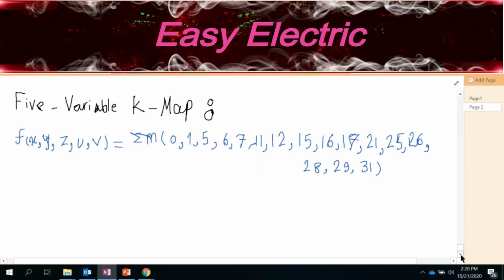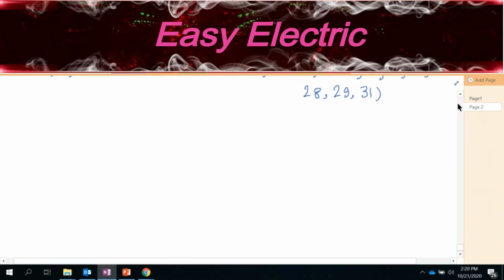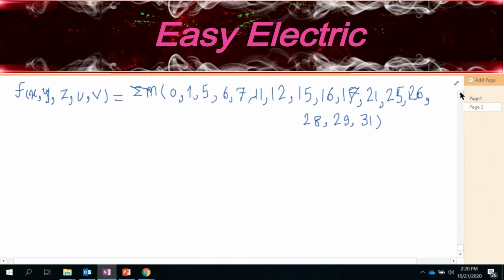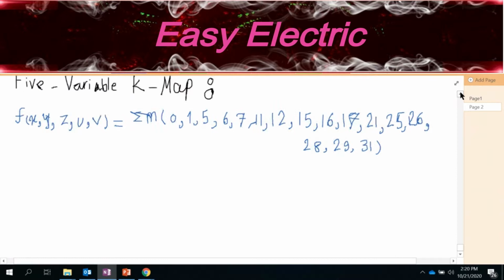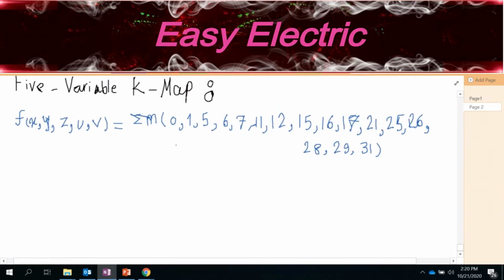Whenever you have a function with 5 variables, the K-map should have how many squares? This is the first question. So what do you think? If the function has 5 variables, 2 power 5, definitely. So 2 power 5 is 32, right? Definitely. So 32, you expect to see the K-map with 32 squares inside that, which is usually we make that